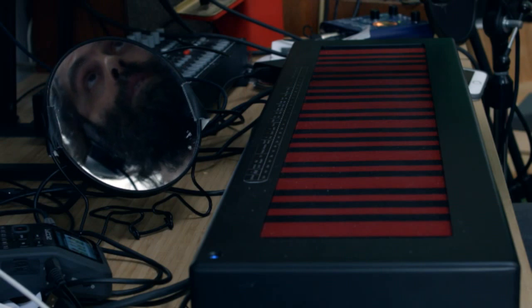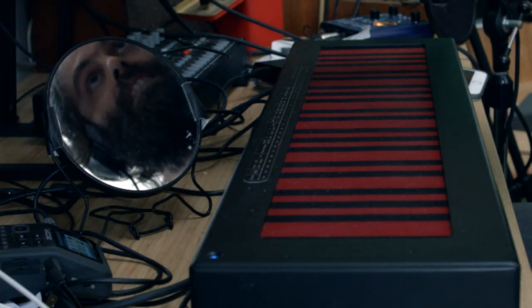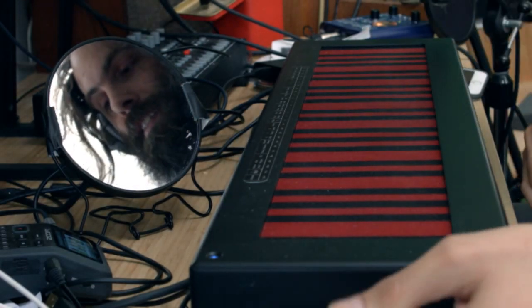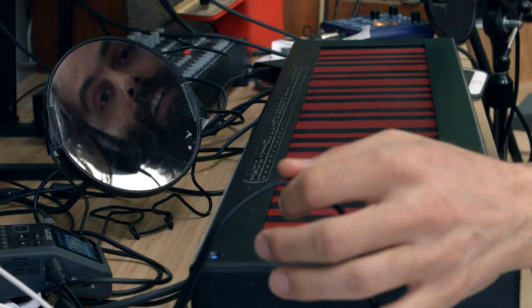I don't have any Moog synthesizers, no. Could you use it to control an analog synth or digital synth on the computer? Yeah, totally. It has MIDI out and in, and it supports the